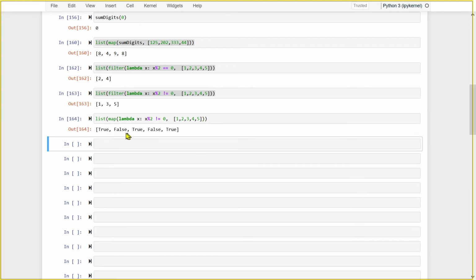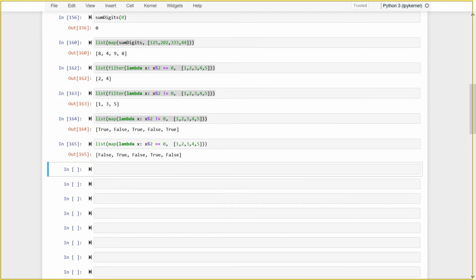Now map is giving you true, false, true, false, true. If I change the condition to x modulus 2 is equal to 0, what will evaluate to true now? Only 2 and 4. So I will have 2 trues and 3 falses: false, true, false, true, false. Just see this. That is the difference between filter and map.